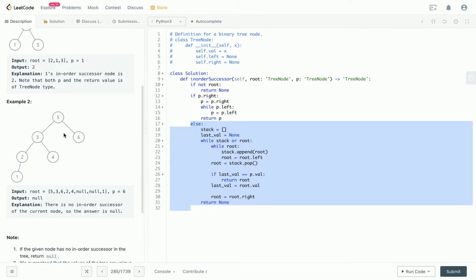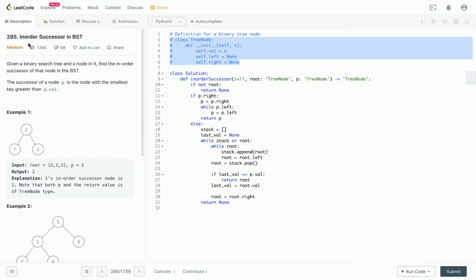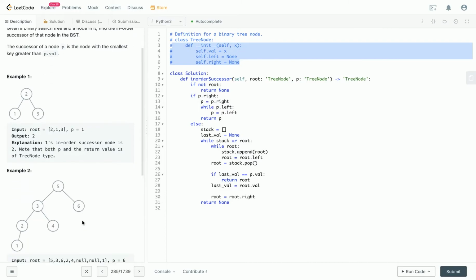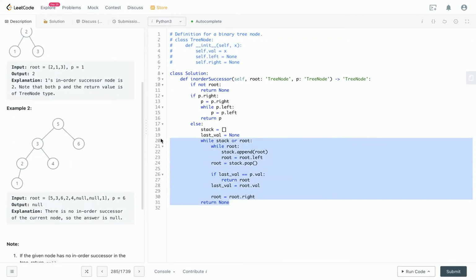However, in our tree node, we don't have access to the parent, right? So that's a problem. And there is actually a LeetCode question, 510, called in-order successor in BST 2. That's when you have access to the parent. But yeah, that's a different question. You can try that. But in this question, we don't have access to the parent. So how do we do that, right? It's a little bit complicated, but